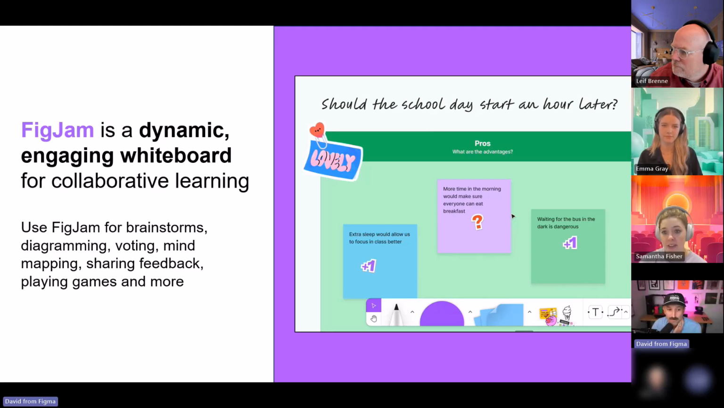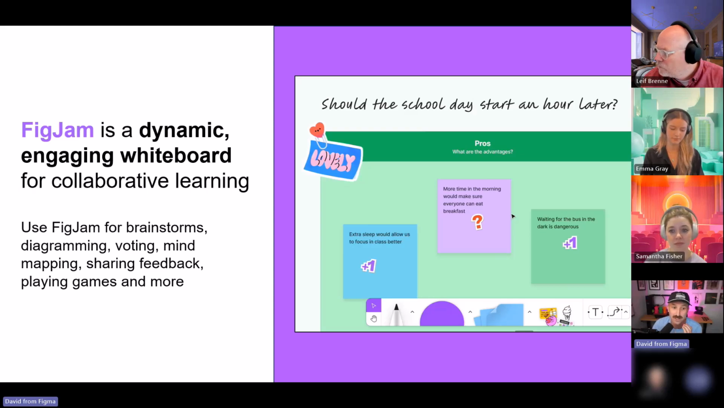So now switching gears over to FigJam. FigJam's the second product I'm going to be talking about today, and it's a virtual whiteboard space for classes to collaborate, brainstorm, diagram, vote, share feedback, and more. FigJam is easy to learn and fun to use, so anyone can participate and share their ideas. So now we're going to go ahead and check out a couple of ways that we're seeing teachers using FigJam